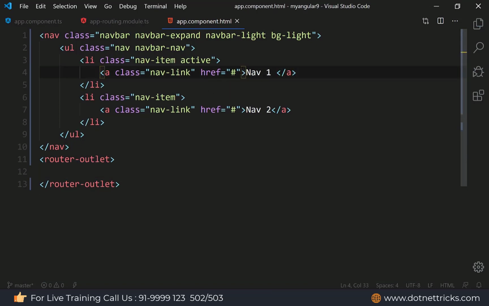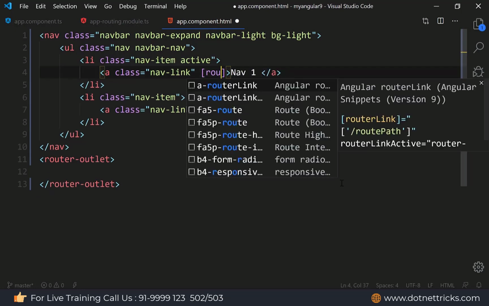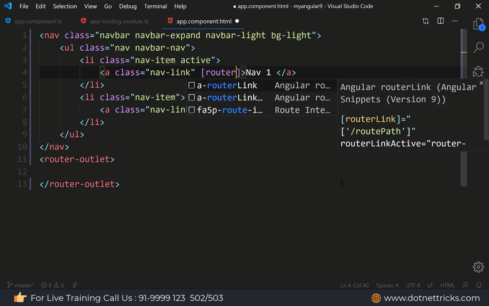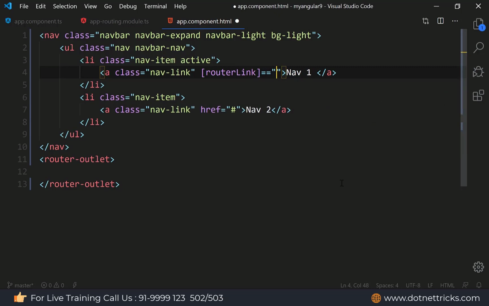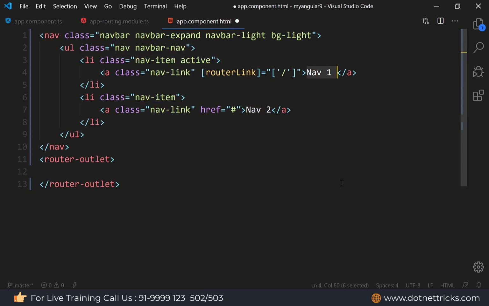So here in place of href, we need to use router link. So just use router link. In router link, I'm just going to define what page I'm willing to access. So this is, let's say, the home page.